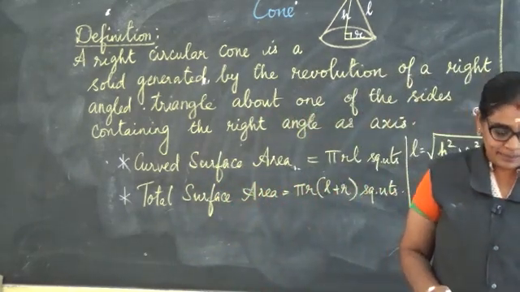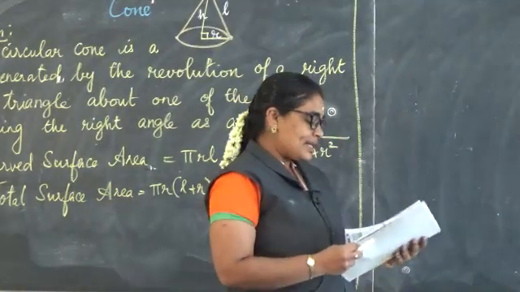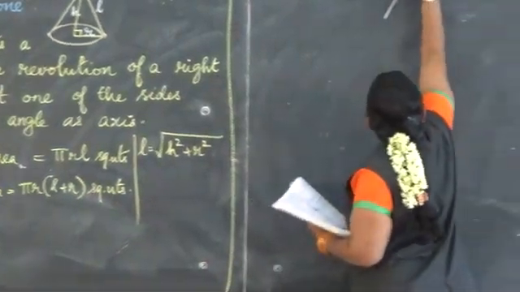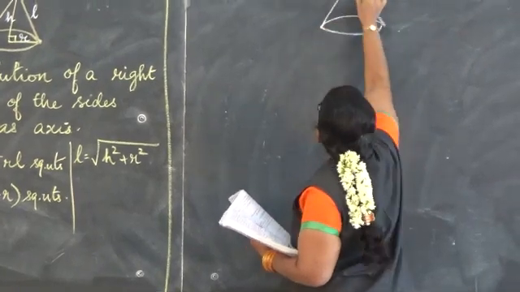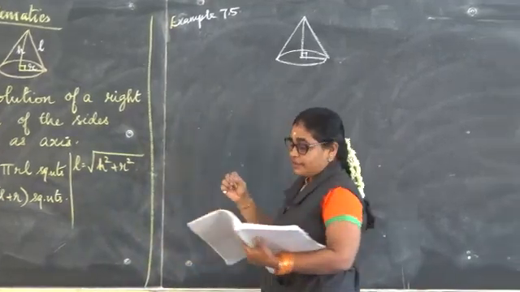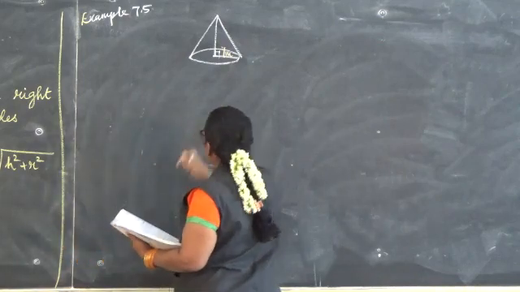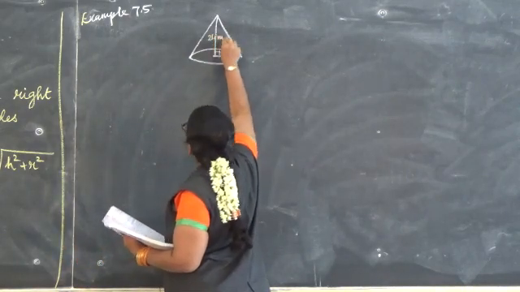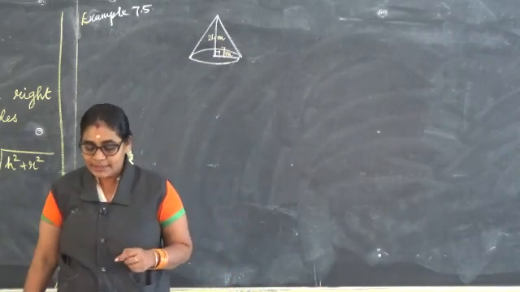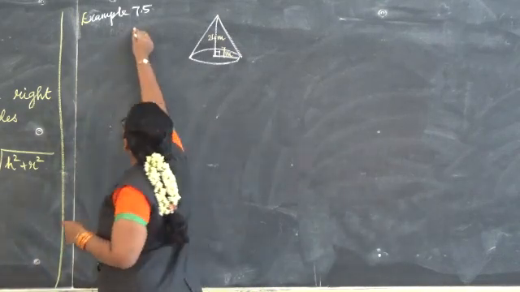The first example, I will read the question and what else is needed, that alone we will write. First example, what is given? The radius of the conical tent is... So, your tent is like this, and I am drawing this one. This is your right angle part, and the radius they have given as 7 meter. So, radius is 7 meter and height is 24 meter. What is the question asked? Calculate the length of the canvas used to make the tent if the width of the rectangular canvas is 4 meter.